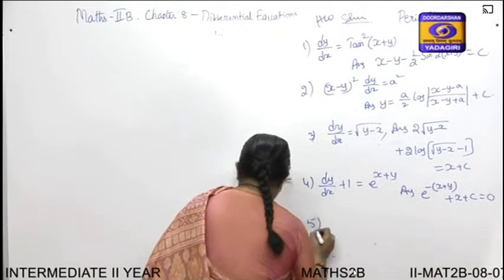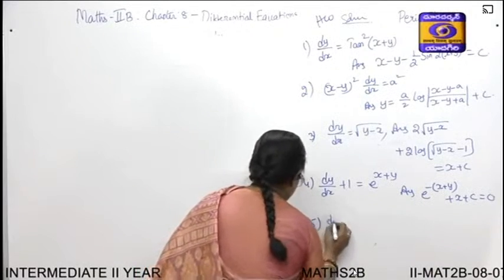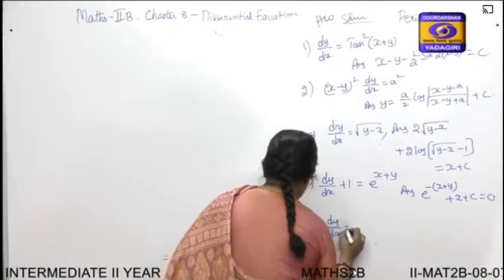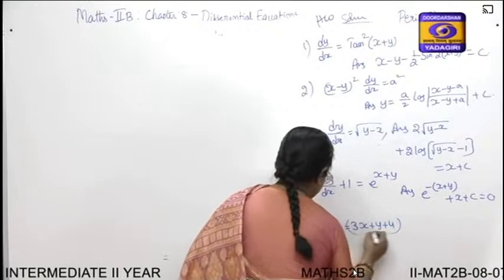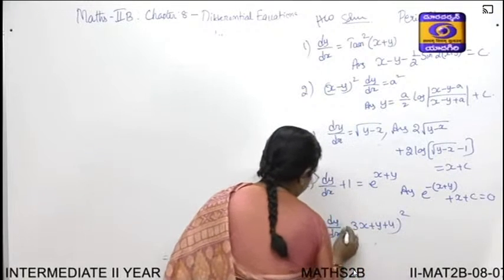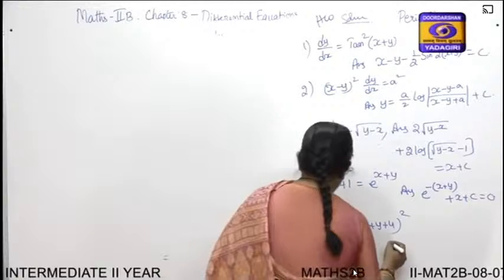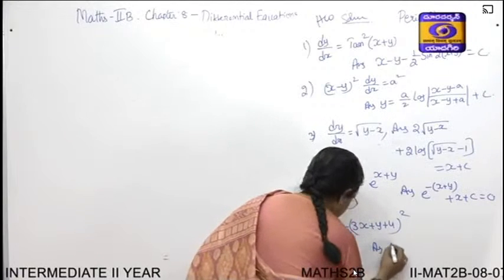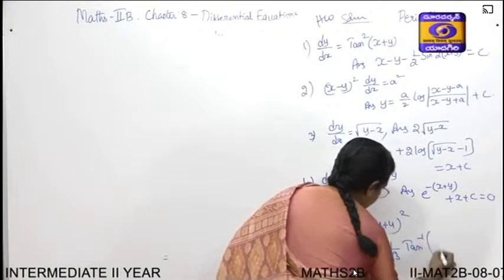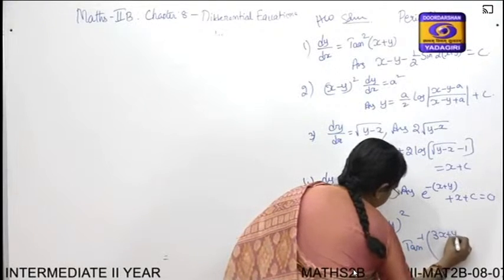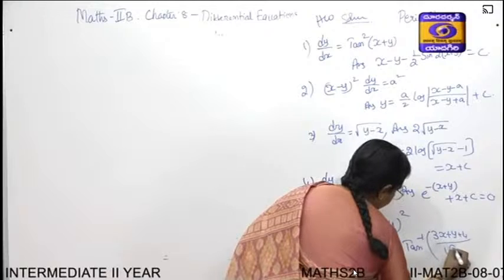The next problem. dy by dx is equal to 3x plus y plus 4 whole square. So the answer for this problem is 1 by root 3 into tan inverse of 3x plus y plus 4 by